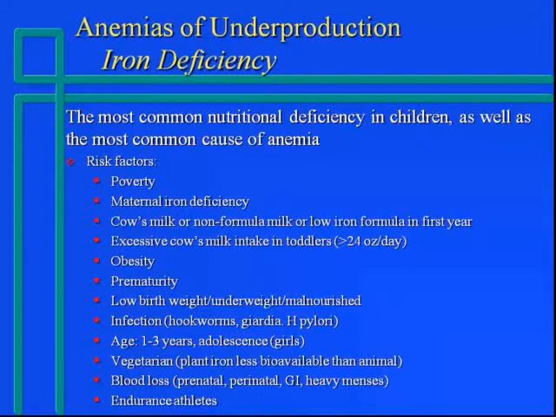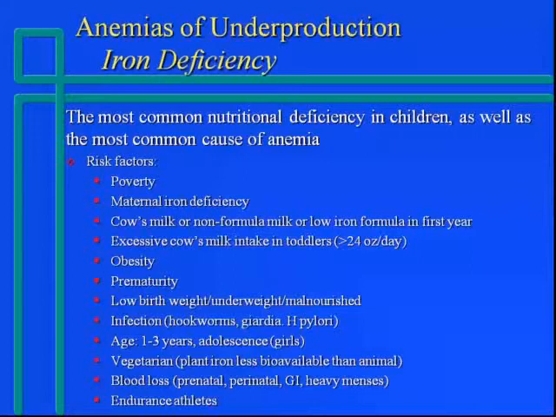Poverty is an important risk factor. Maternal iron deficiency can contribute to iron deficiency in the infant. Giving cow's milk or non-formula milk or a low iron formula in the first year of life contributes to iron deficiency, as does excessive cow's milk intake in toddlers, generally defined as more than 24 ounces of milk ingested per day. Obesity, prematurity, because babies are born with lower iron stores when they're born prematurely, being of low birth weight,